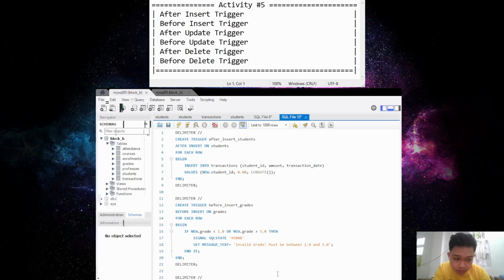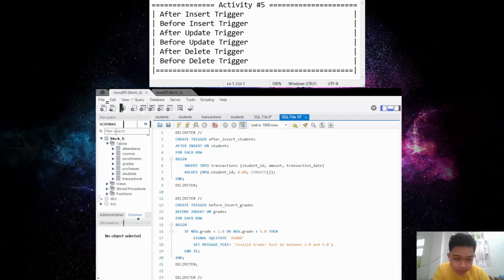After update on transactions for each row